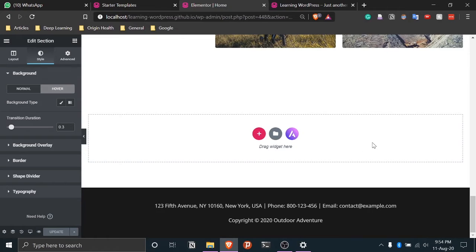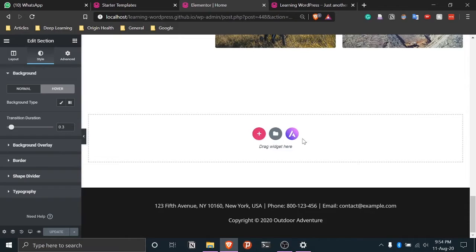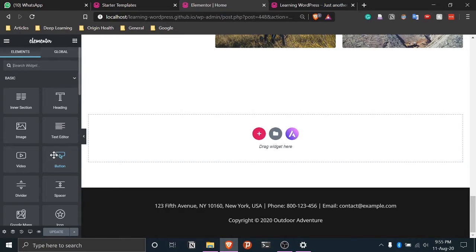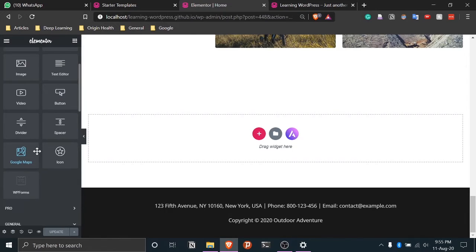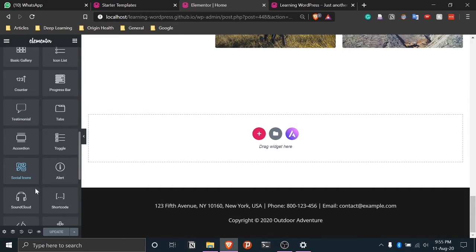Now let's say we want to add some more things to this. We want to add some icons here which you can use to contact. For that, we'll again go to this menu here. Now one thing I would like to tell is that the free version of WordPress and Elementor actually has some limitations. So you're not allowed to use all of these tools here that you can use in general.